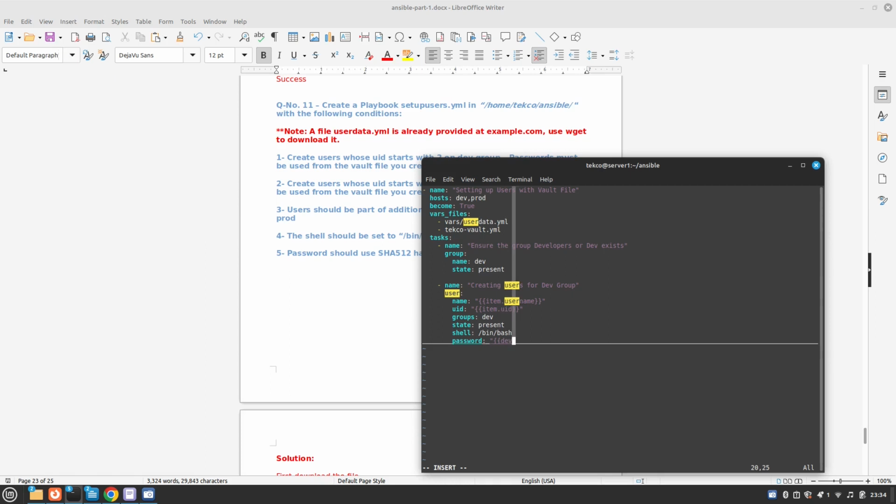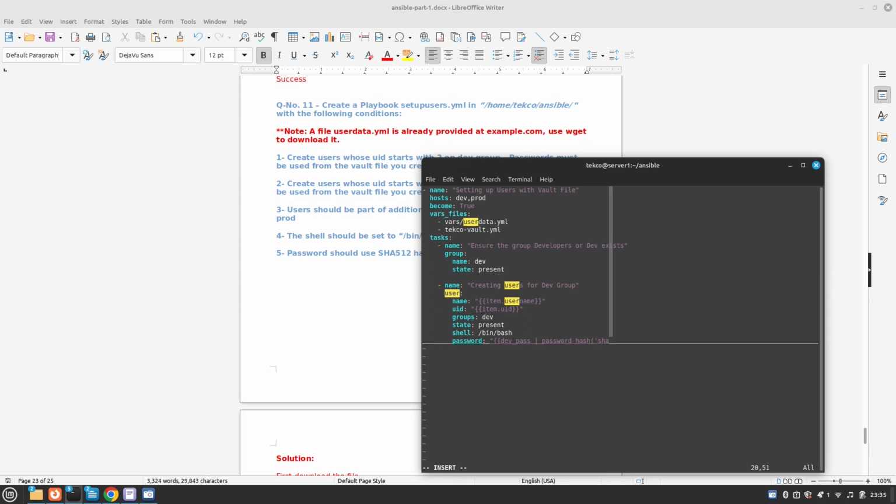So it was dev_pass. Let me show you. I need to just quit and show you then. So let me write this and I'll show you. So dev_pass, and we need to convert this password to a password hash of